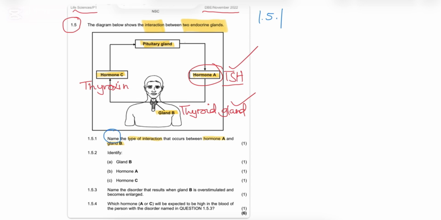And like we said before, it is negative feedback mechanism. All right. Then we'll move on to question